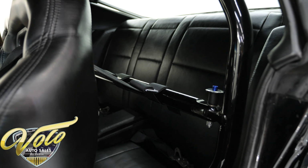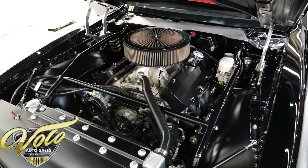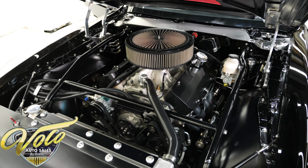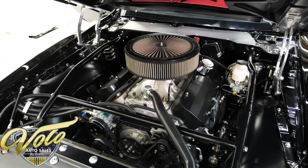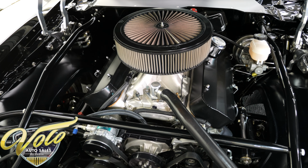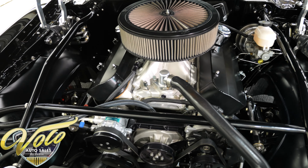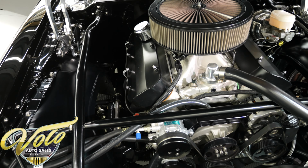Let's go look at the engine compartment. Now that we popped the hood, let's take a minute to soak it all in. The power plant is a ginormous 537 cubic inch dyno-tuned engine creating 785 horsepower and 670 foot-pounds of torque. It has a Dart Big M block,